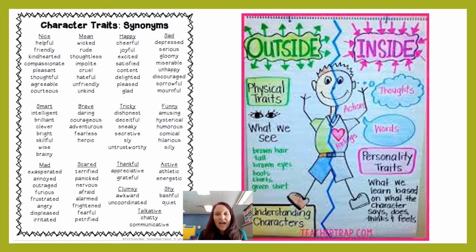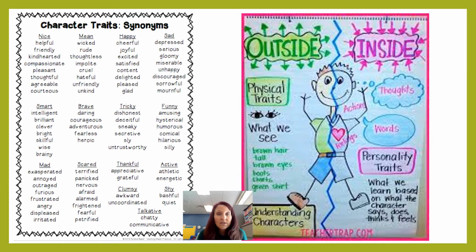So on this page, I have an example of a chart that I'm going to give everybody that you are going to be putting in your red reading folder that gives you a list of synonyms, remember words that mean the same thing, for certain character traits. So Ms. Jaramillo and I have talked about how when we describe characters, we want to encourage you to use what we call rich words, words that are a little bit more descriptive than maybe happy or sad or mad. So what I have on this page is I have those words, happy, sad, mad, but underneath those words are more descriptive words that we would call rich words to describe